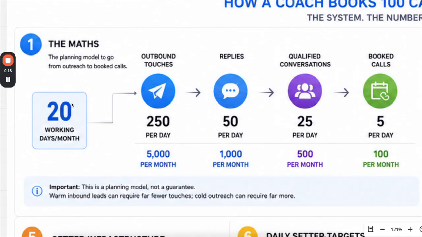Let's assume you have 20 working days. Outbound touches, so 250 messages per day. That's how many you want to be sending. You might need 1 to 2 appointment setters to do this, but you can usually do it with one. That's going to get you 5,000 messages a month. And from those 250, you're going to be getting approximately 50 replies a day, which is